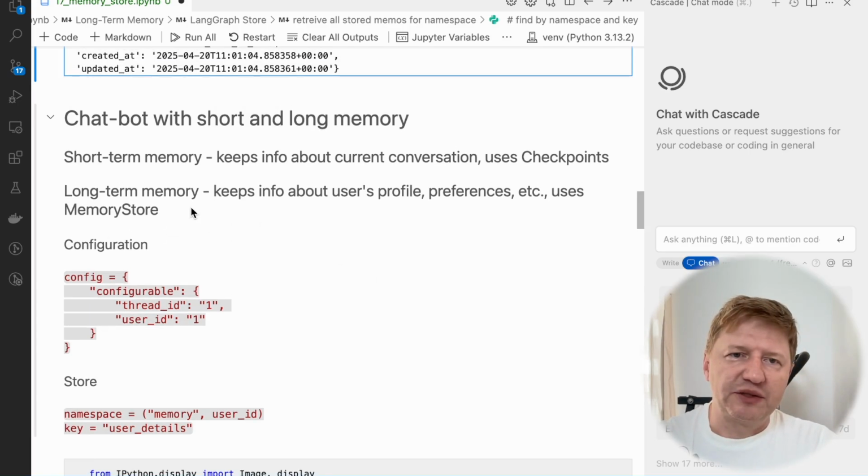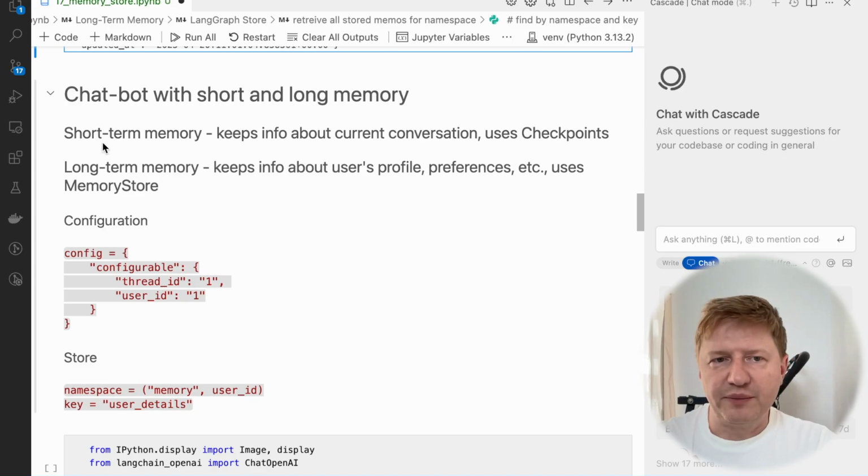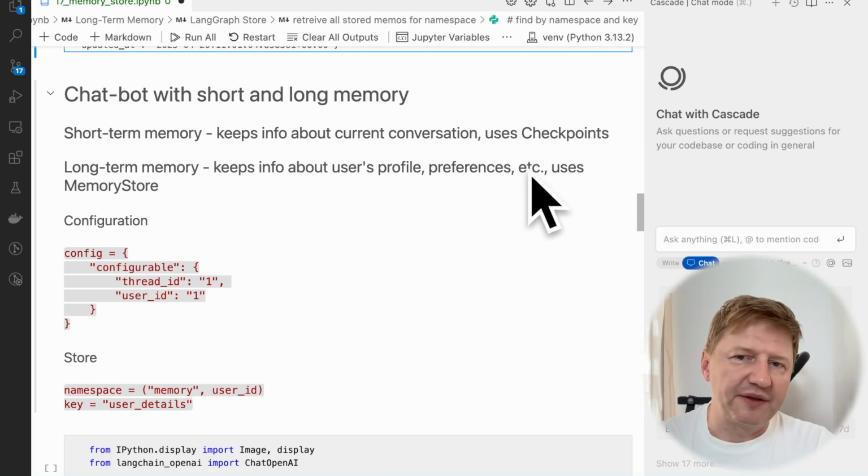And again, just referring to the image above, we have short-term memory, and this one should keep information about the current conversation, and it uses checkpoints. And long-term memory keeps info about some more stable facts like the user's profile, preferences, specific things, and it's using a memory store.